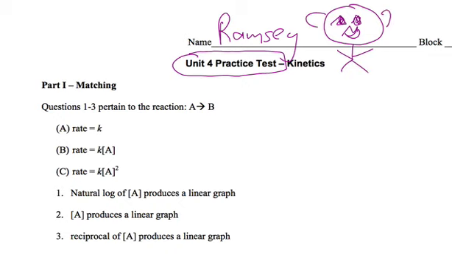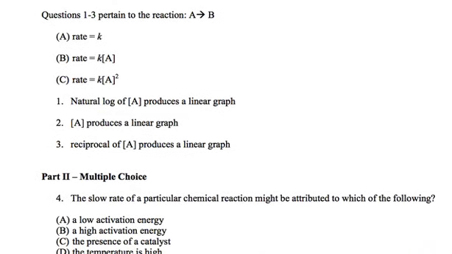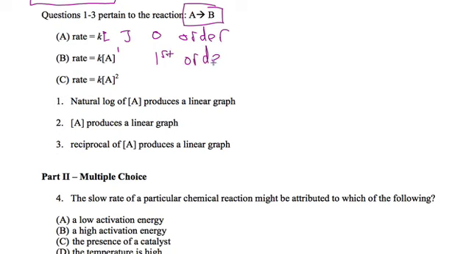Okay, so I'm going to do the multiple choice first and the free response second. All AP tests begin with a matching section. Questions 1 through 3 pertain to the reaction A goes to B. Looks like we have rate equals k. If there's nothing here, we know this has got to be zero order. There's only something to the 1 power here, so this one's going to be first order, and we have a